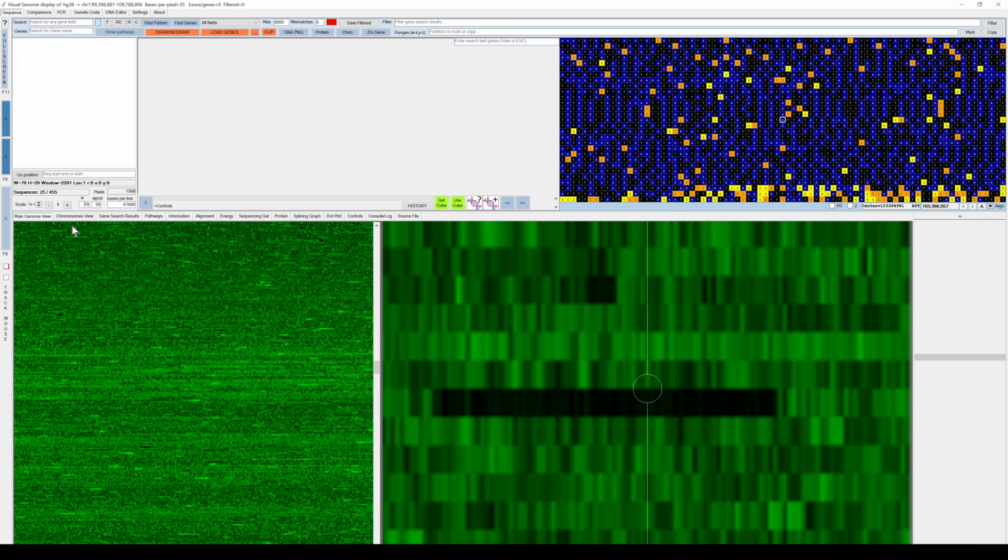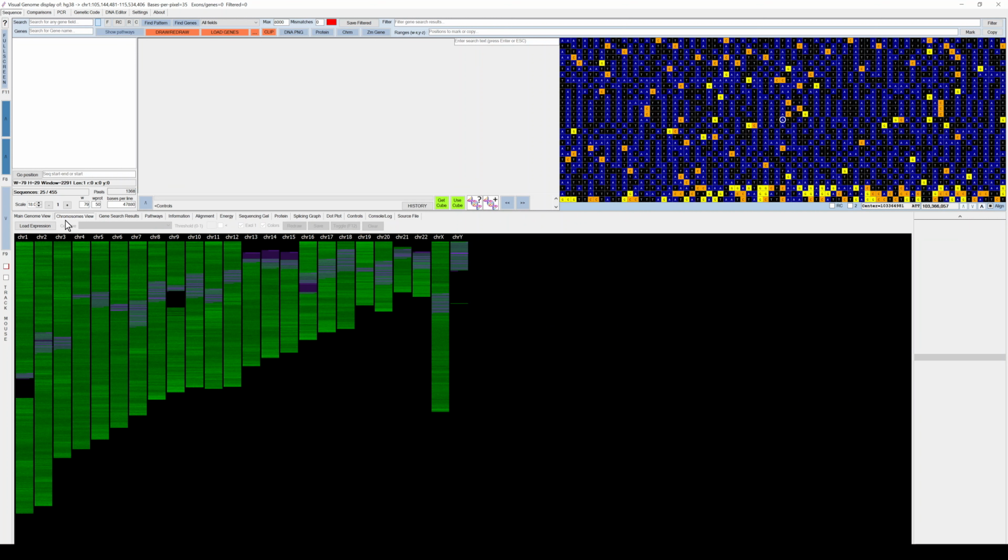This is the main genome view. Just to the right of it you get the chromosomes view. And this shows you an even further zoomed out representation of the entire genome and all the chromosomes in a genome. And again, you could move the mouse over this and it will update the zoomed in DNA view at the top. So if you want to quickly jump to a different chromosome, let's say we want to go to chromosome 17 here near the end of the long arm, you just click there.